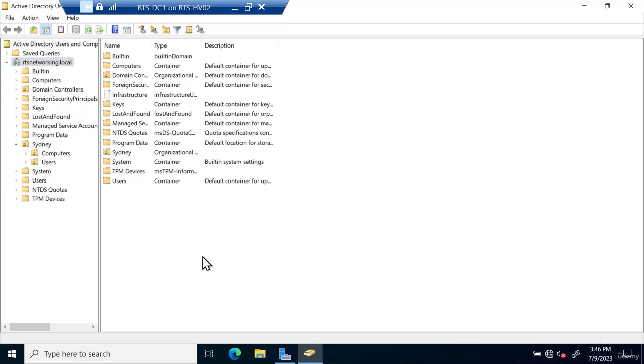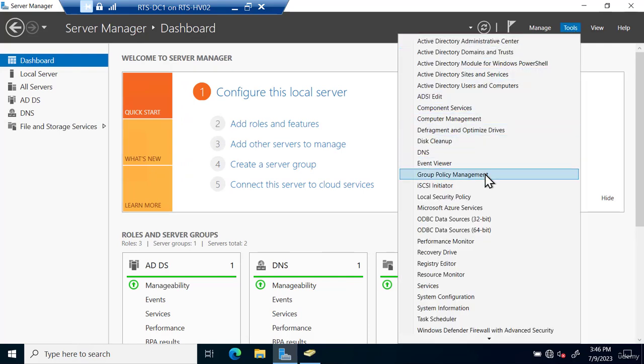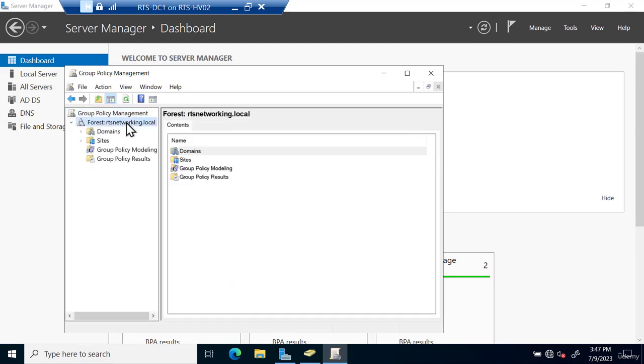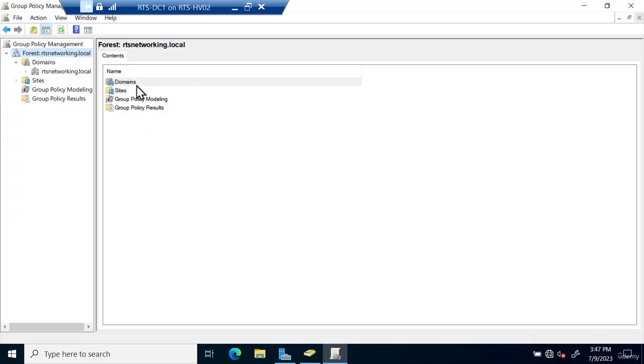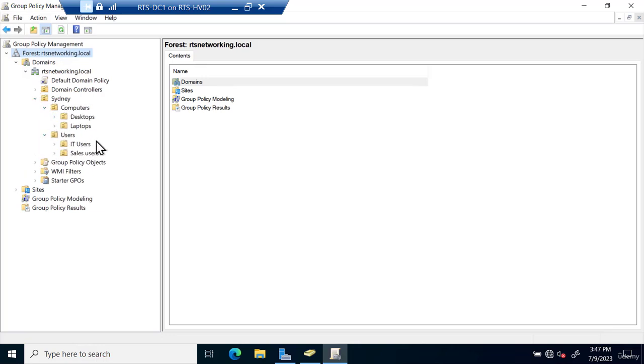The other big consideration for your organizational unit structure was group policy. I'm going to go to Tools, and in my Tools, Group Policy Management shows up. If I expand my RTS networking.local, domains, and I'm going to full screen that, and I'm going to adjust this a little bit, I can see only organizational units. So we see Sydney. If I expand that, I have the computers, that structure we created,